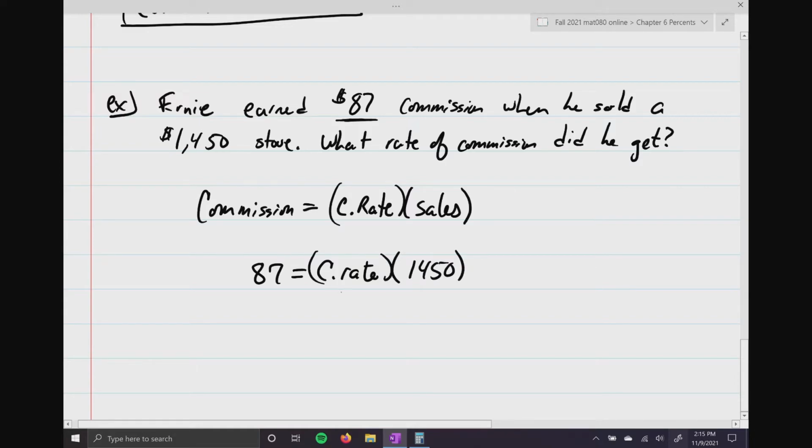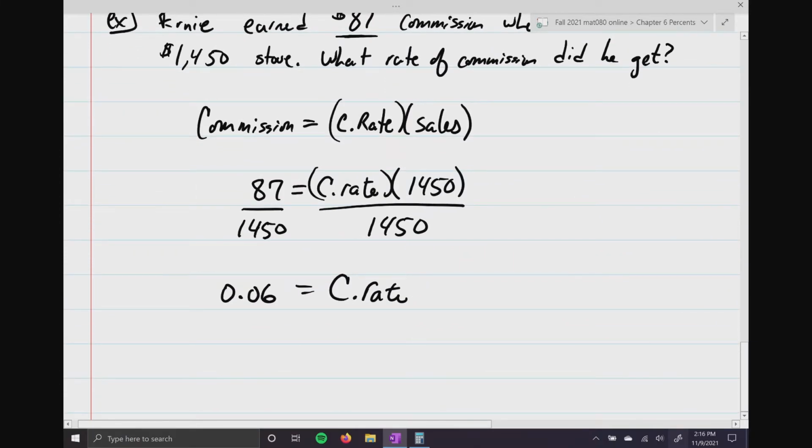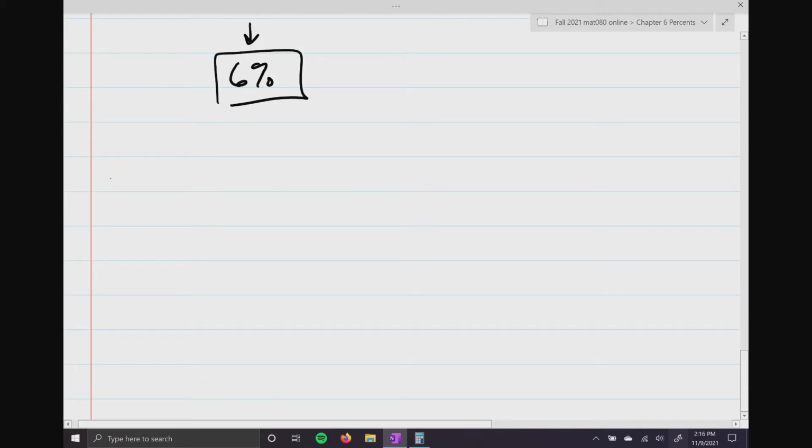So if I just solve this equation, I just divide both sides by 1,450. That'll give us our commission rate of 0.06. Now remember, this is a decimal. So to convert that to a percent, move the decimal place 2 places to the right. So the commission rate here is 6%. Okay? Now, the last thing we're going to talk about in this video, or in this lecture, whatever you want to call it,